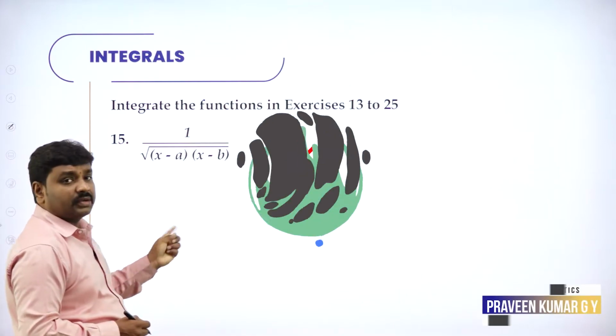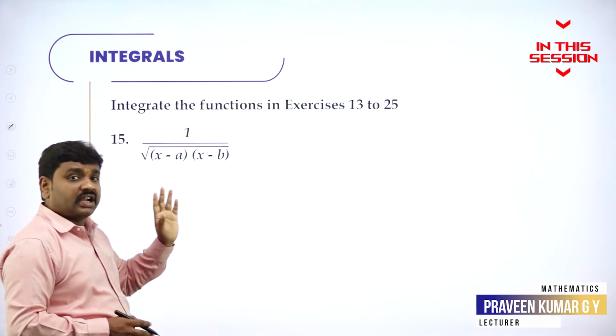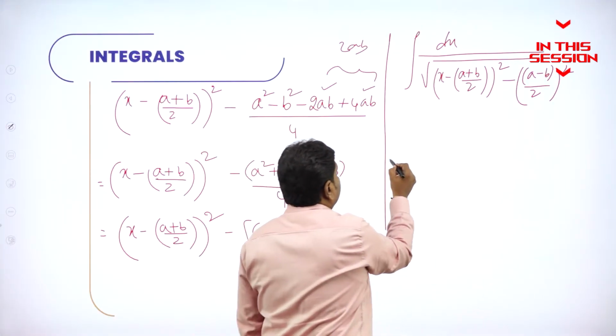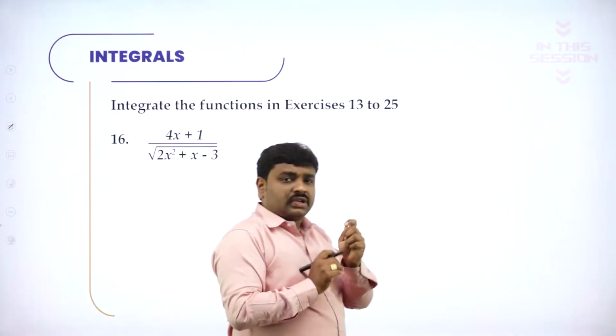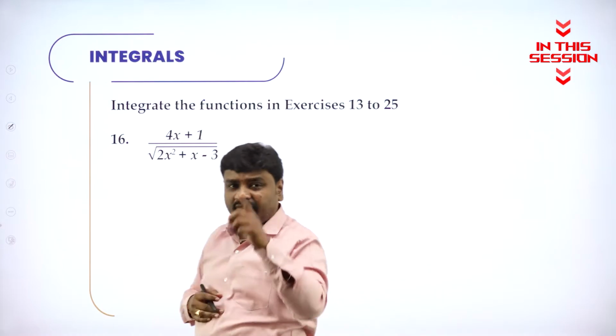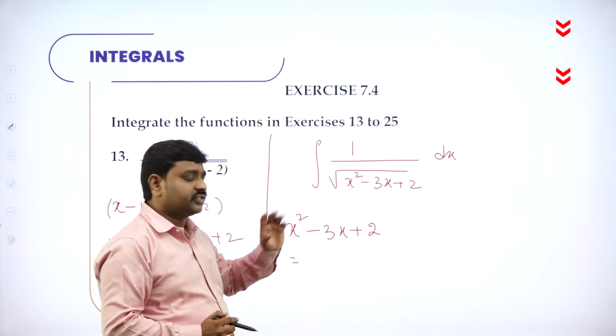First you multiply it, make it a quadratic equation and write it in standard form. So now it is in the form root of x square minus a square. What is integration of root of x square minus a square? Log of... see, numerator is a linear equation, denominator is a quadratic equation. Whenever you have numerator by denominator, add and subtract half the quotient of x the whole square.